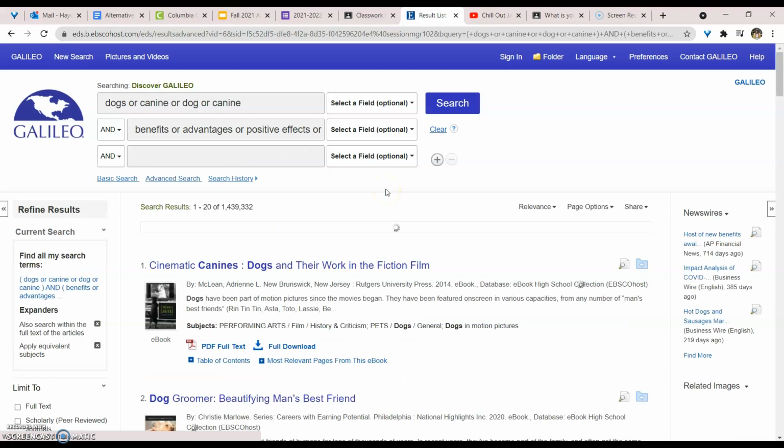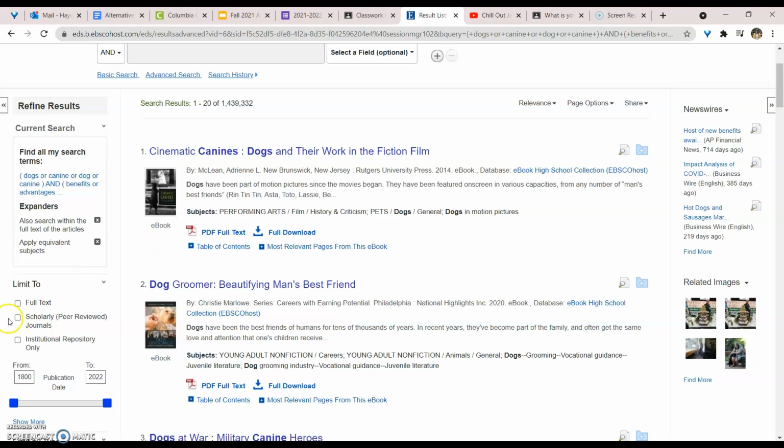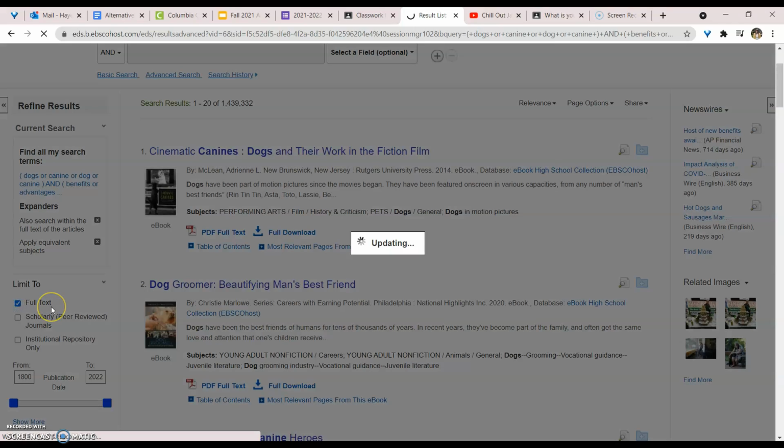And I'm going to wait for it to load. Now notice, it undid my search limitations. You do have to be very aware of this. Sometimes the search limitations will be unclicked. So I go back to my search limitations, I click full text,